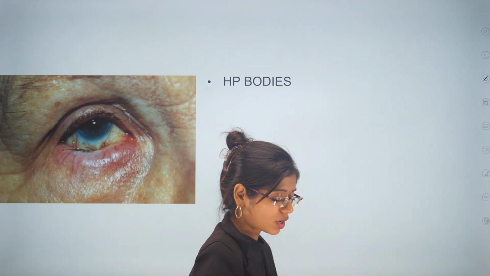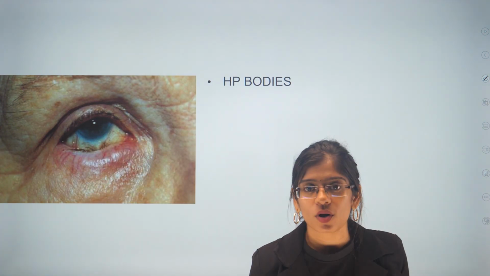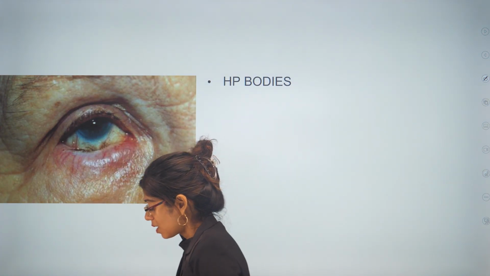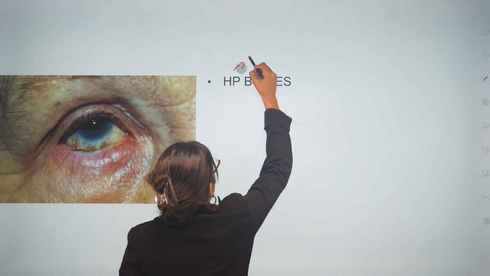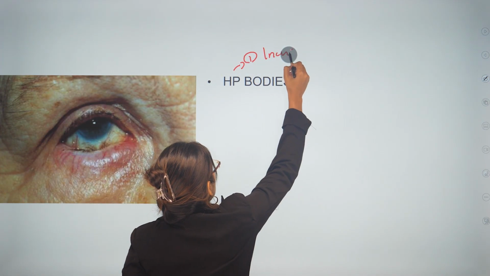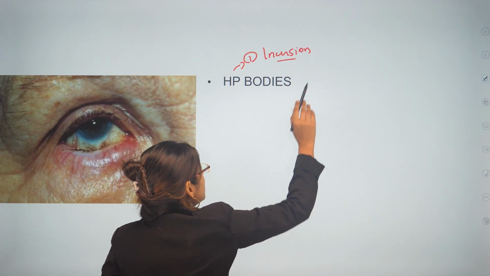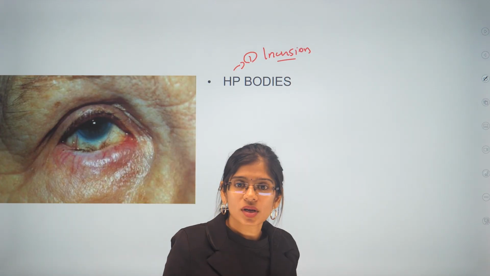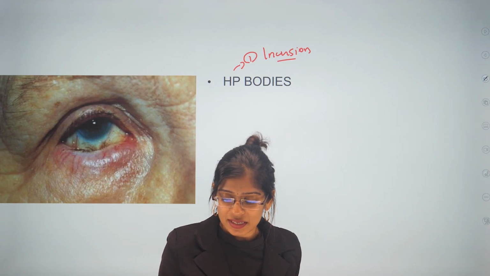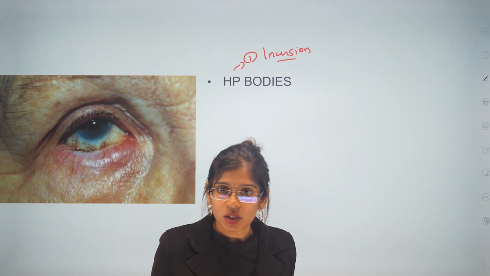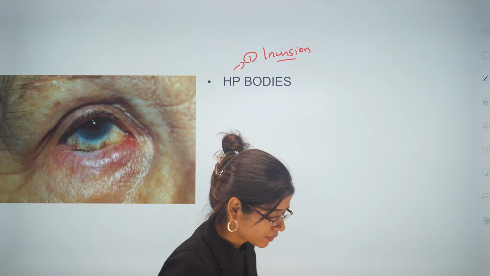Now, HP bodies. What are HP bodies seen in trachoma? HP bodies are, first point, inclusion bodies. What are inclusion bodies? Haven't we studied? In rabies we get to see Negri bodies. That is also an inclusion body. See,